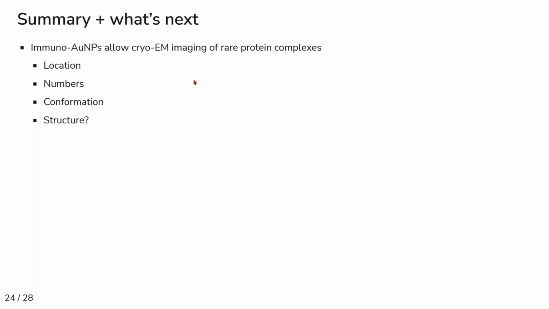And the things you can get from that: you can get extremely accurate location of these proteins. We can basically count the numbers just by counting the gold particles. You can actually see different conformations of these molecules, like we were seeing these bending motions in protocadherin 15. And hopefully you would be able to get structures out of that by doing subtomogram averaging, where you cut out different copies of that protein and average them together to get a higher signal-to-noise ratio, which allows you to get